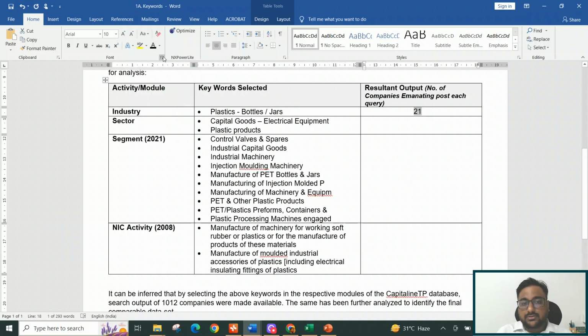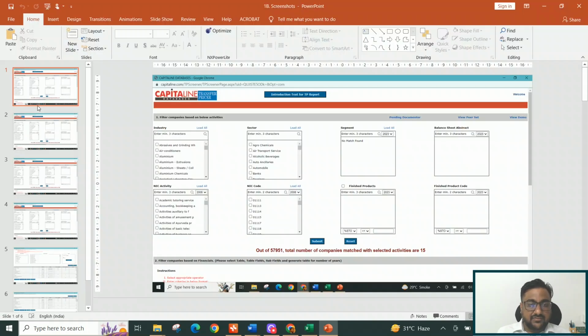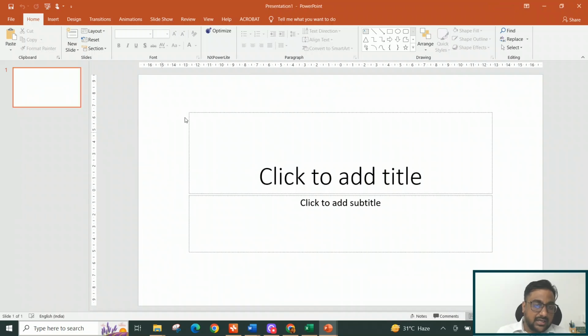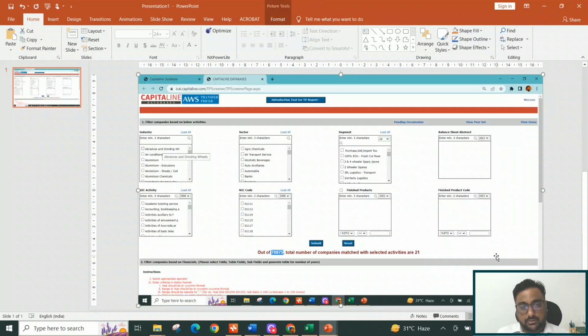Right. So these are the number of companies, that is the resultant output which has emanated from that particular query. Correct. So this screenshot I need to take, and then afterwards I will have a new PPT file, and that's where I will paste this screenshot, right? This is how I will do it. So you can see here that these 21 companies are the output of that particular search,